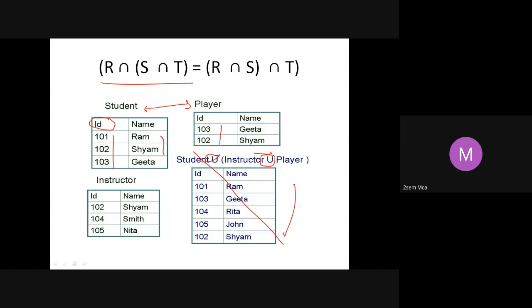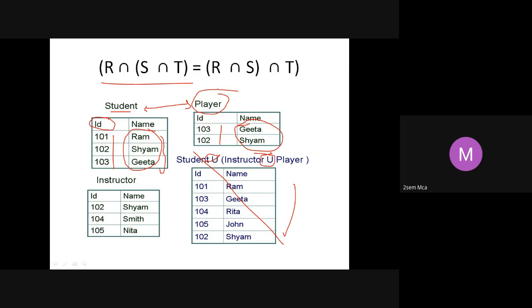Next, second attribute is what? Name. It is all allowed characters, all allowed alphabets. Here also it is all allowed alphabets. So domain of name of the student is same as domain of name of the player. Okay. So domain of every attribute of student is same as domain of every attribute of player. So the first condition is satisfied. Any doubts at this point? No, ma'am.